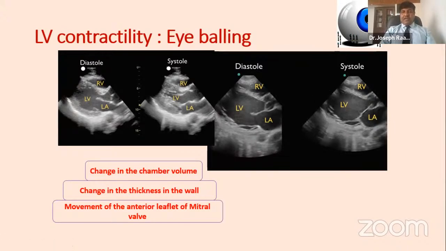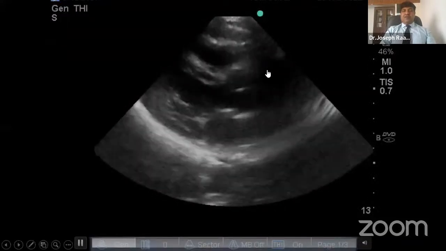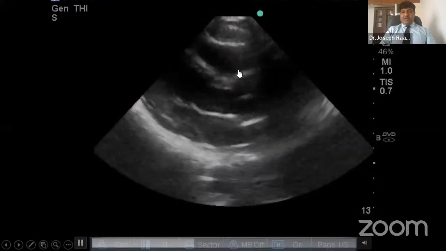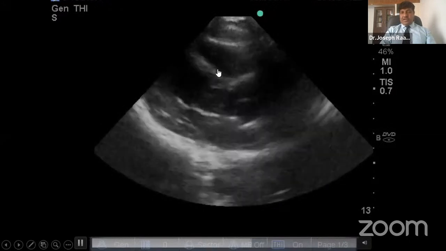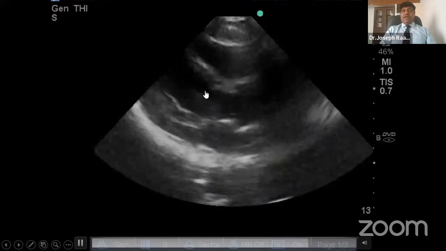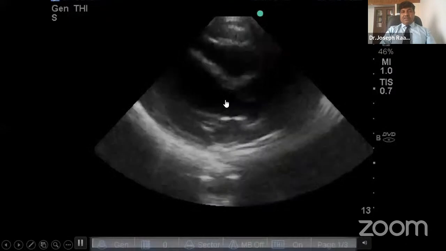Okay, before completing, let me give you some examples. So this is the parasternal long axis view, which is the basic view everyone should start doing and know. By looking at this, you apply the same 3 principles here and see how the